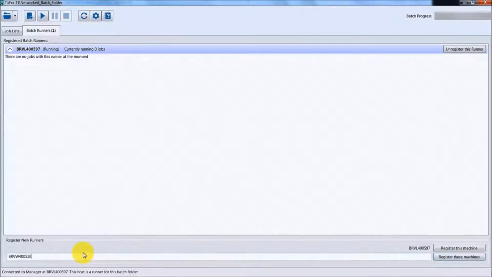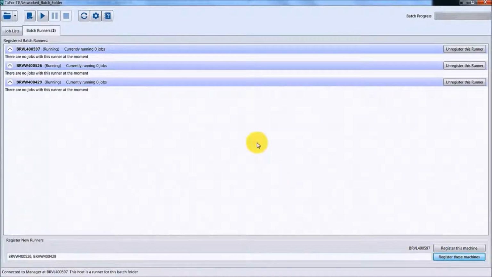You can also add multiple machines into the runners list by selecting more than one host name separated by a comma. So I've entered two machine names separated by a comma in this instance and pressing the Register These Machines button. So as you can see, now we've got three runners associated with this network batch, and they are all being managed by the batch framework at the node identified by BRVL 400.597, which is this machine that I'm using